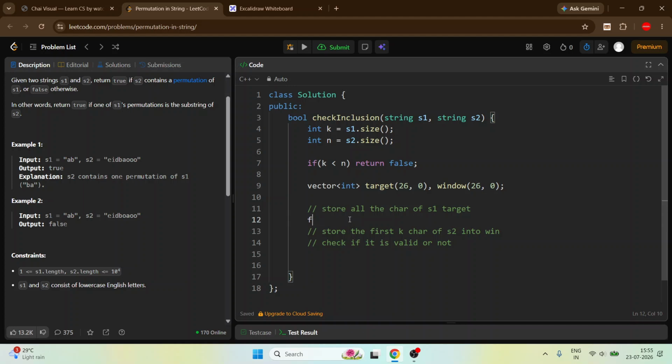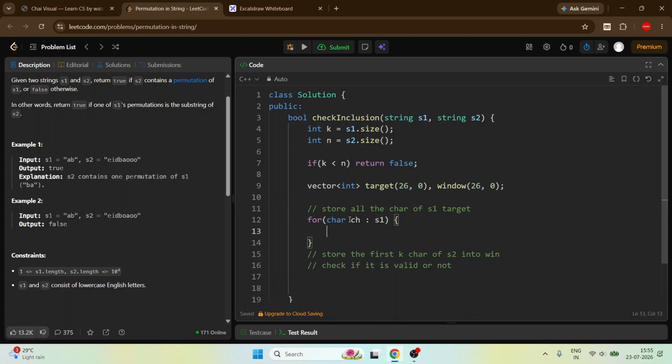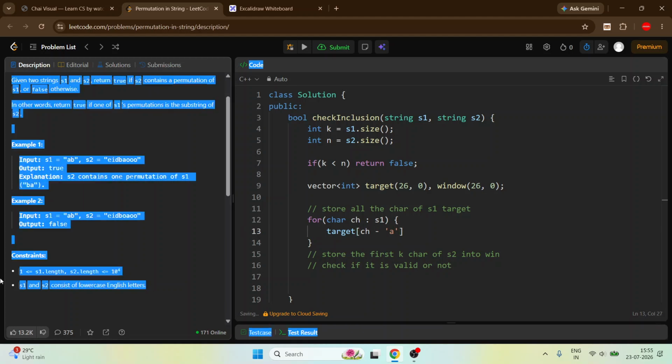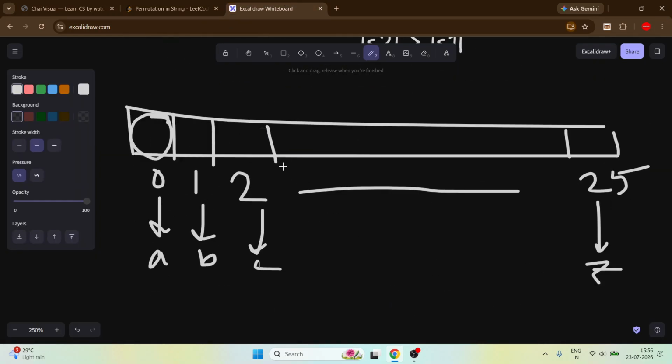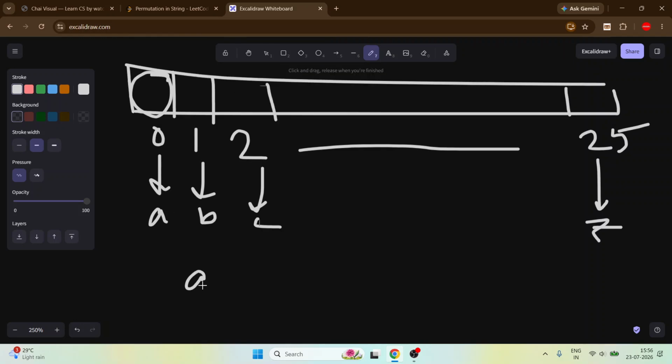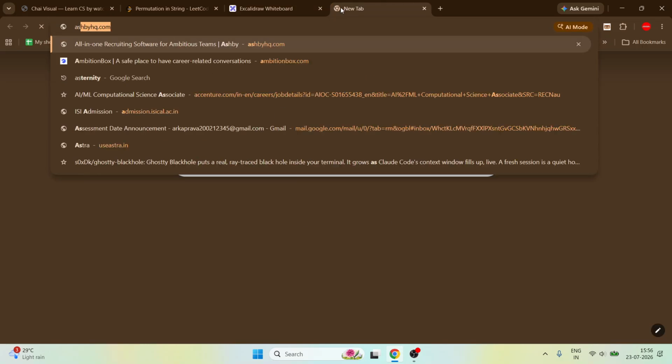For every character in s1, just store it. So target of, how could you store? The character minus a. Everything is a lowercase English letter, so we are taking this a here. This character minus a will return the index. If the character is a, then a minus a will return 0. If the character is b, then b minus a will always return 1. Why? Because everything is stored in